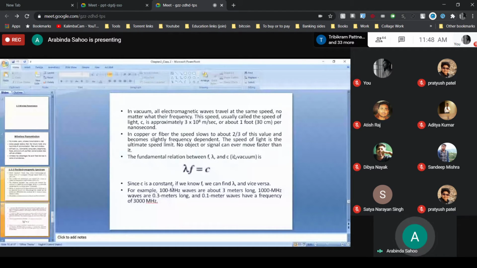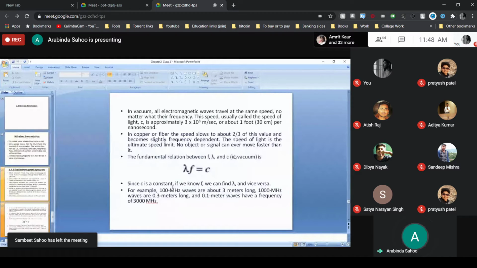If the frequency associated with your electromagnetic wave is known, you can calculate the wavelength, or if the wavelength is known, you can calculate the frequency. Since c is a constant, if you know f, we can find lambda and vice versa. Similarly, suppose the frequency is 100 megahertz. If you calculate the wavelength,